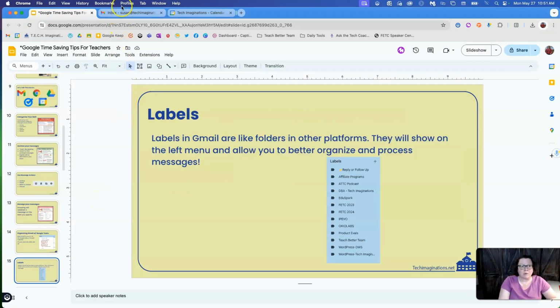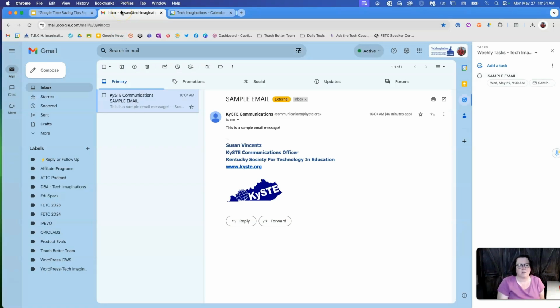Now let's talk about labels. Now this is something most of us are familiar with. Labels in Gmail are just like folders if you're used to a different email client. So when you create a label, it's like creating a folder, just a place to put all like messages together. So notice right here, I have a reply and follow-up. So if I don't want several messages in my inbox, I can simply drag and drop over here to my reply and follow-up,